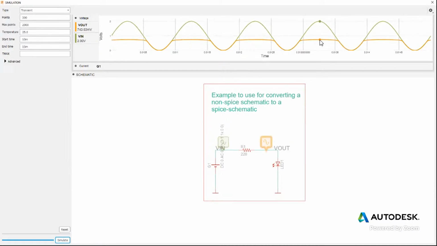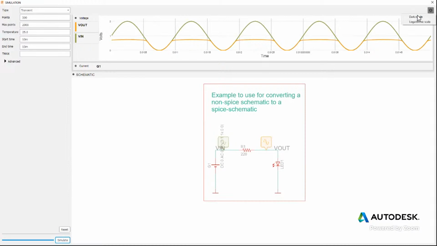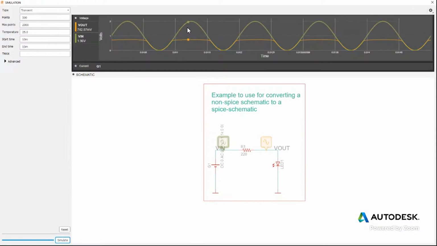And if you notice, whichever one I'm over, that's the symbol that will highlight. So it's really easy to figure out where the signal is in the circuit, and it can be very helpful. There's a few settings over here, where you can set up a logarithmic scale for the x-axis, and that can be useful. The other thing that we have is dark mode. So for those of you that feel more comfortable, it's easier on your eyes, you can just switch it to dark mode. Okay. So this is the first simulation we wanted to show, and obviously it's a very basic